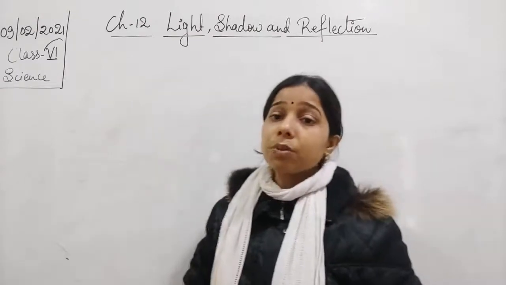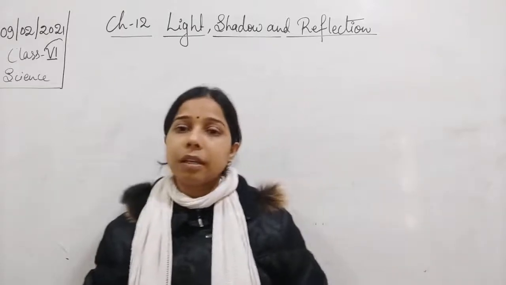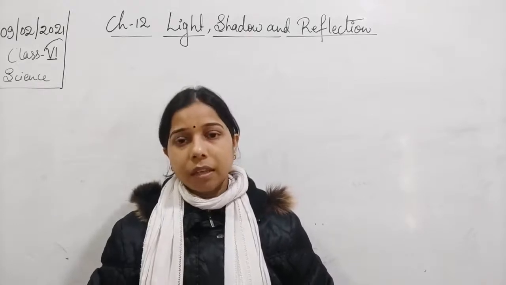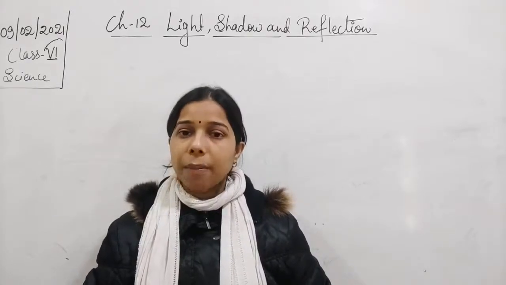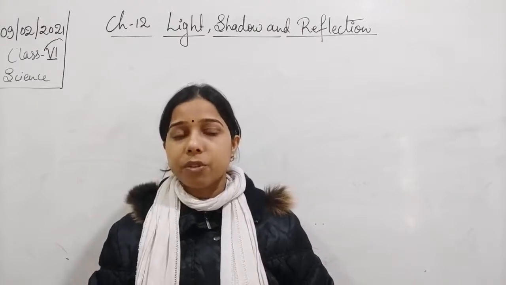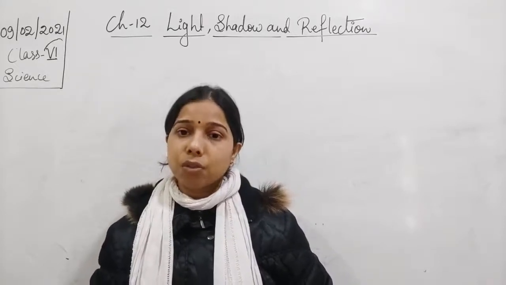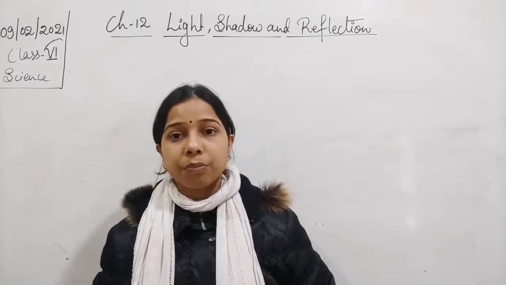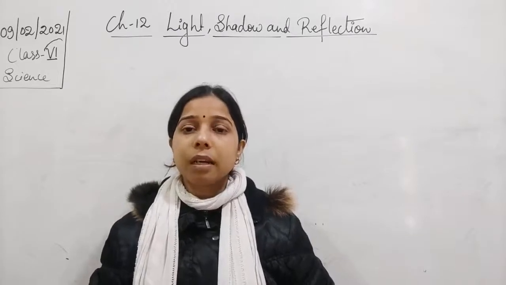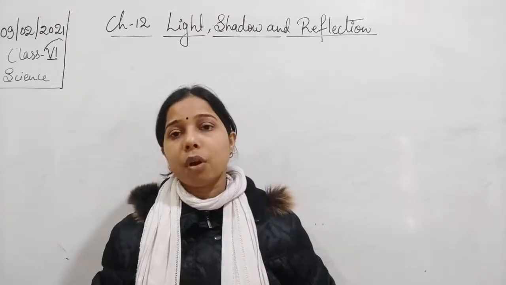Later on, students, we started with the shadow also. Shadow, what is shadow? Basically, when light falls on an object, then a dark area or black area is formed in the shape of the object. It is formed just behind that particular object, and this is called the shadow. So we can say that a shadow is none other than the shade area formed when light falls on an object.